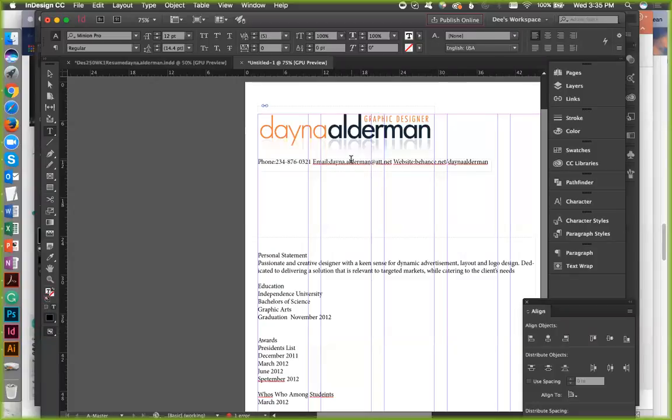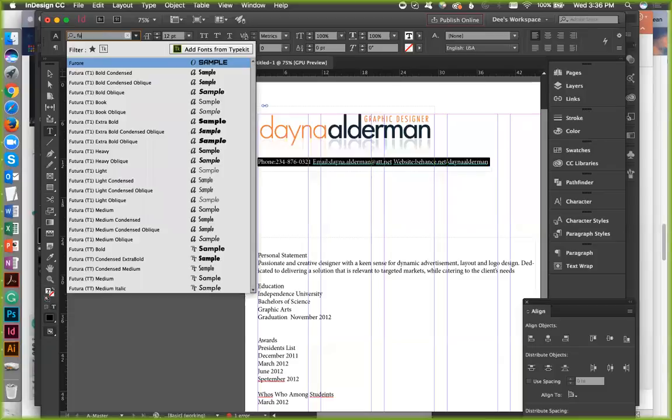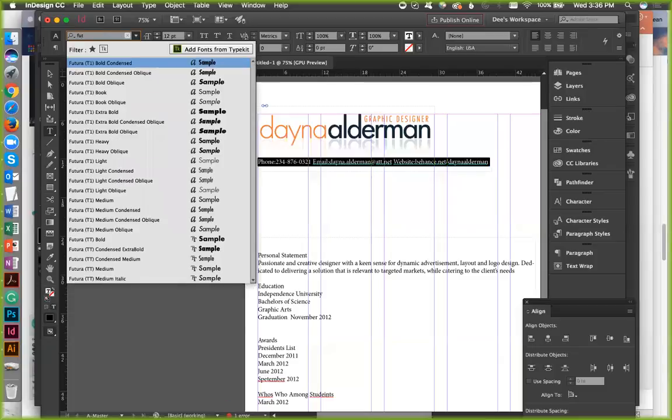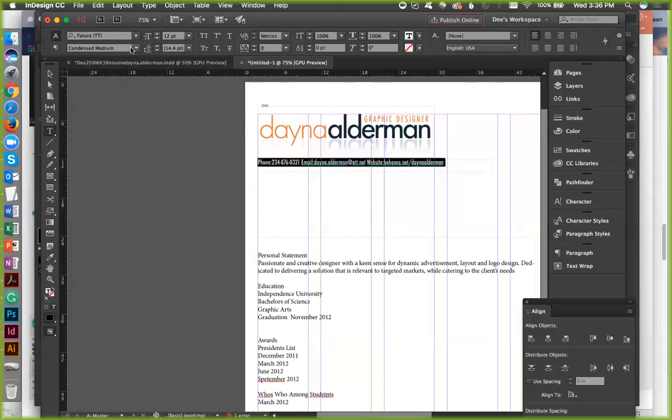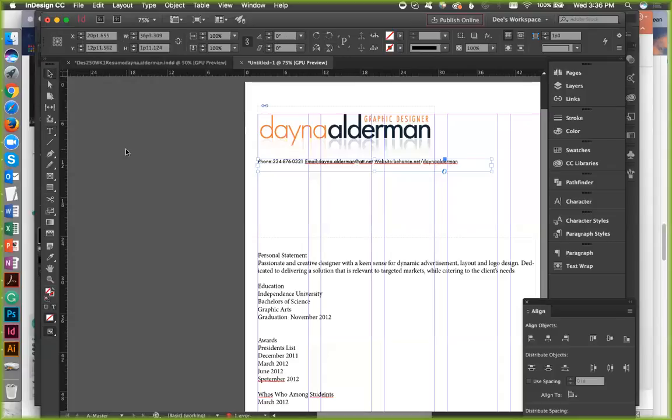Let's try. I'm going to do up here, I'm going to Futura. I'm going to keep it all one typeface. Everything that I use in here is going to be in this family. Okay, that's 12. I'm going to do probably a 9 because it doesn't need to be all that big.